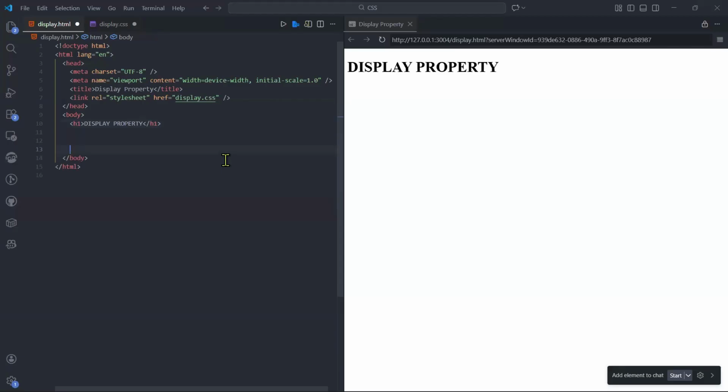Let's say I have H1 and I wrote something like hello inside, and I have H2 and I wrote something like hello 2. You could see that hello and hello 2 are arranged separately. This one comes and this one comes below it. So that is what we call block. This one is above and this one is below. But because we are using H1, H1 is also what we call a block element, as I told you